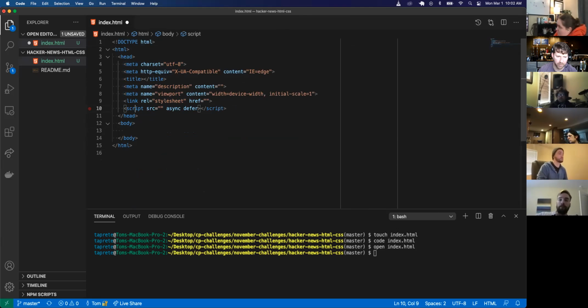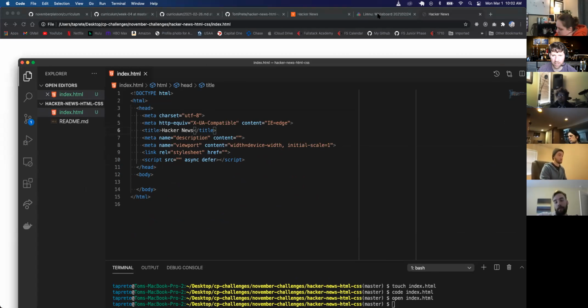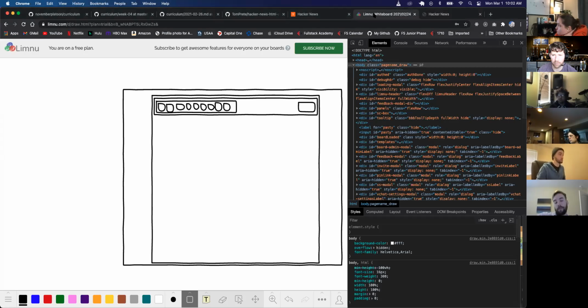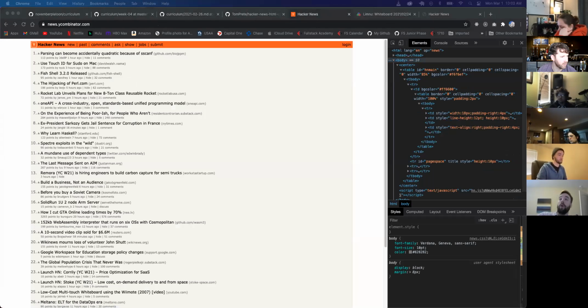I'm going to just bring this up in the head because I want all that logic to be in the head. Hacker News. Cool. So I'm going to look at Limnu and build out the navigation first. So in here, all right. So for Hacker News,